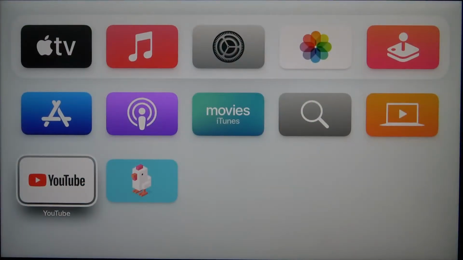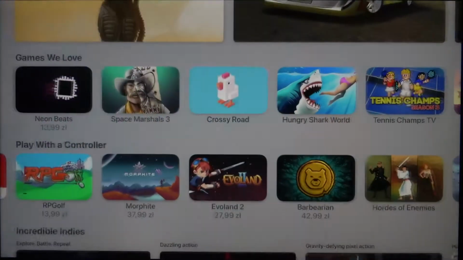Welcome. In front of me I have Apple TV 4K, and today I will show you how you can get Netflix on this device. So you have to go to the App Store first, and when you are here in the App Store